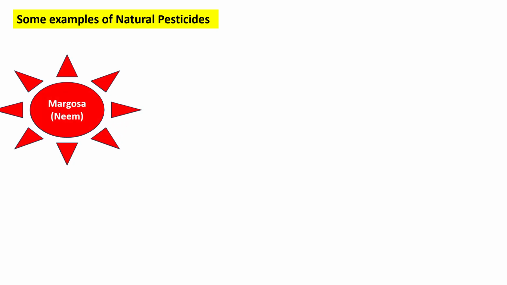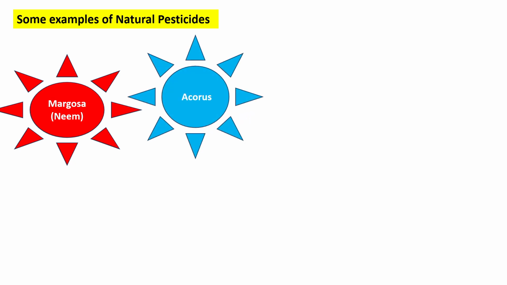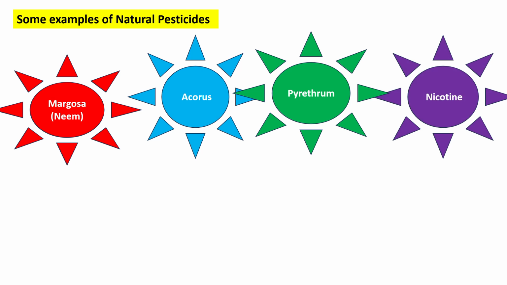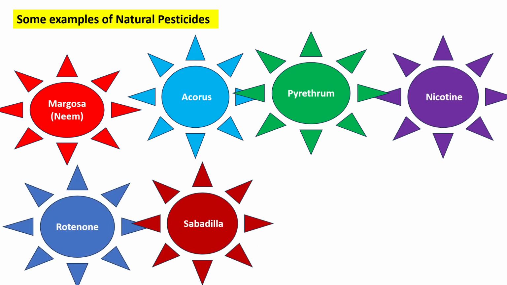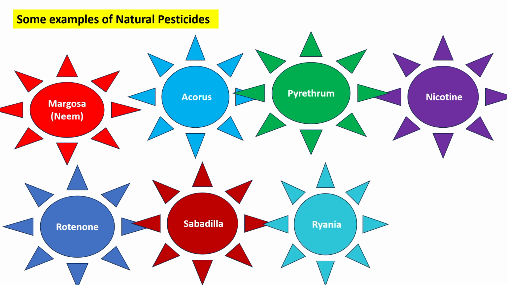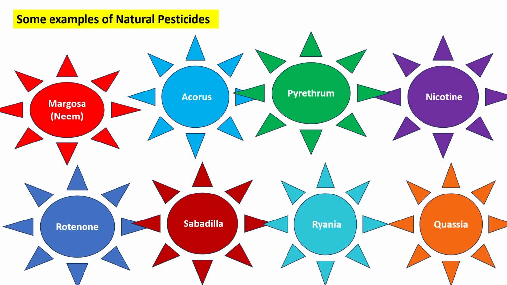Some examples of natural pesticides which we are going to see in this class: Margosa, note it down, that is the neem synonym, Margosa, neem, Acorus, Pyrethrum, Nicotine, Rotenone, Sabadilla, Ryania, Quassia. These eight of them we are going to discuss briefly. You can have more references and more detail for your own notes. You have time, but still I am giving you a brief explanation. First we will start with the